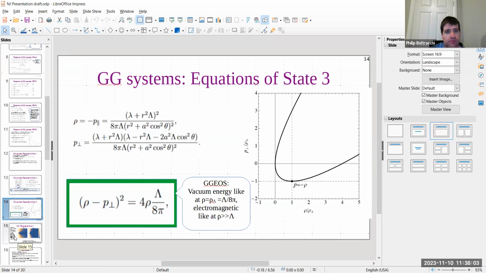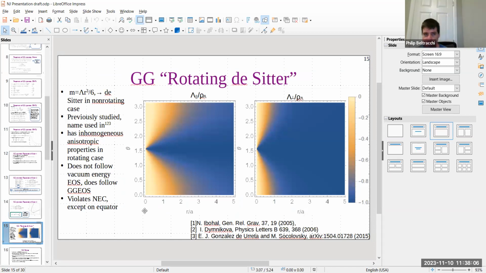So in addition to the Reissner-Nordström black hole, another fairly simple case we can do for the M function is we set everything to 0 except for capital Lambda. This is, as I mentioned, a particular version of de Sitter space in the non-rotating case. This space-time, the Gürses-Gürsey rotating version of de Sitter space, has been previously studied, and one of the names that